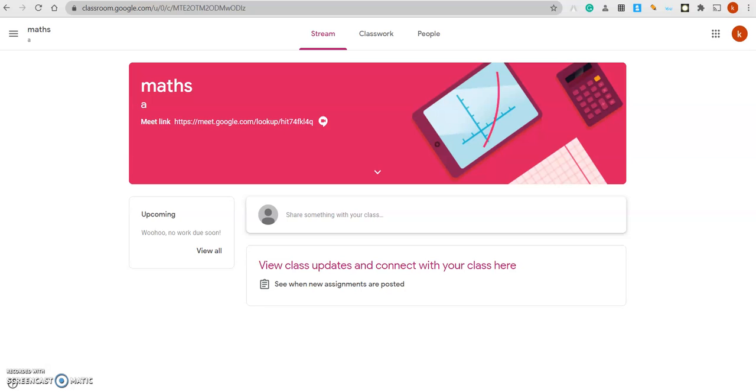Now I will switch to the student. Here it is invisible. Whenever the students open their classroom, it is invisible to them. So in this way, you can have a permanent link. No need to generate a meeting link every time you conduct the meeting. You can have a permanent meeting link in your classroom itself. This is unique to your class, and you can restrict the students also.